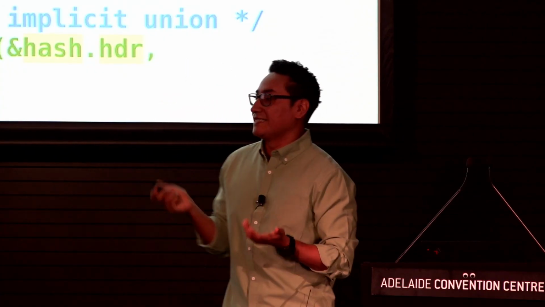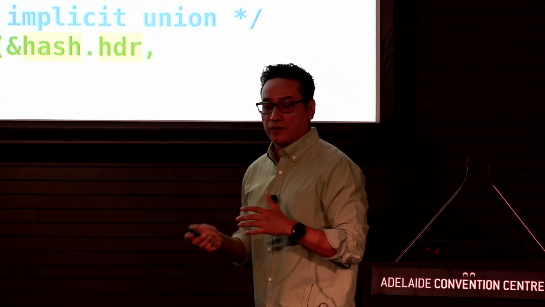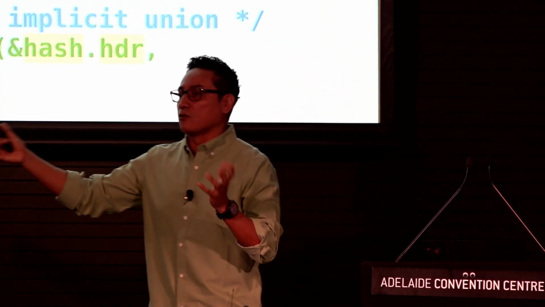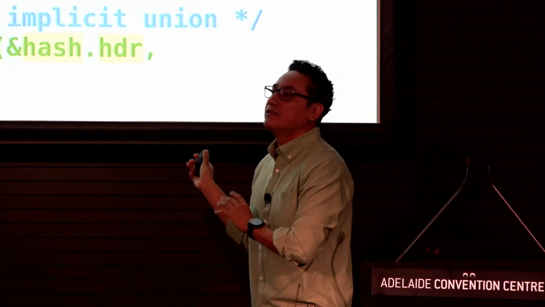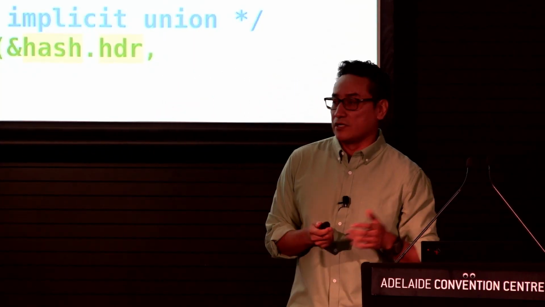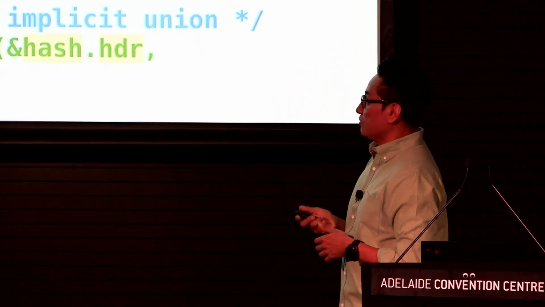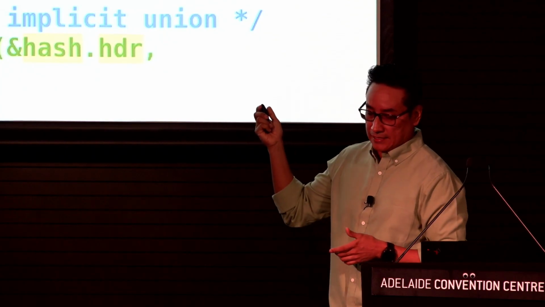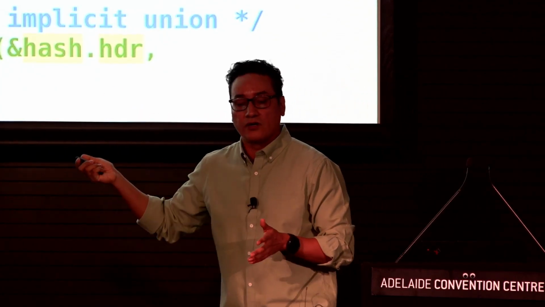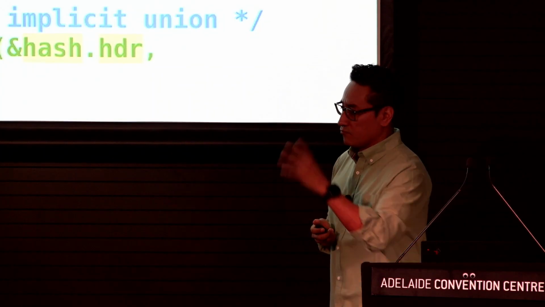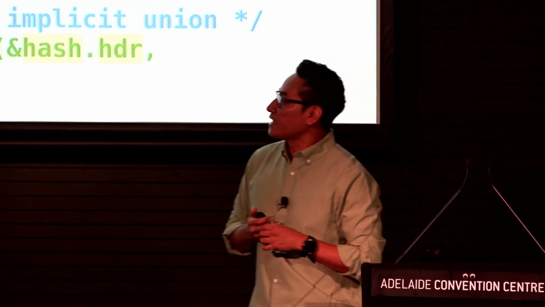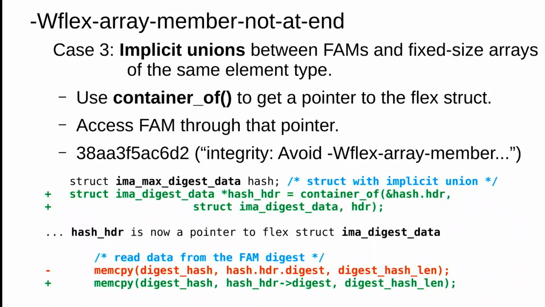And probably in some scenarios, that is not possible, because of how certain protocols work, the code ended up looking like that. And there is not much that we can do about it. But this is the general solution. And I've been fixing a lot of code with this solution. And well, we have dozens of patches in mainline already. And again, we just need to find a way to access the flexible array member, getting the address of the flexible structure.